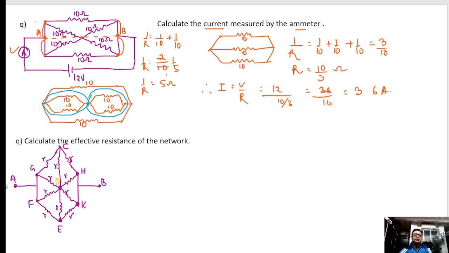Next, let us see this particular network, and they are telling what is the effective resistance of the network between A and B. So we will be finding out basically RAB. This is what we have to find out. Okay, so watch one thing. If I take this line,